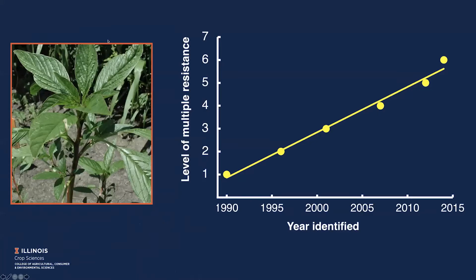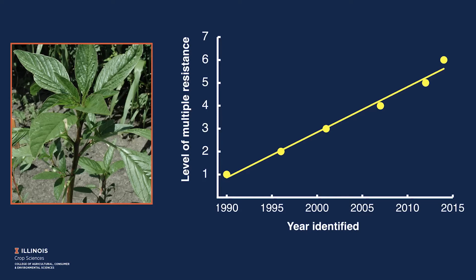So for those of you that are familiar with the species, you don't need to see a photo of it again, but if you're not, this photo on the left shows you what waterhemp looks like. And the graph on the right is one of the examples of the challenges that we have in trying to manage waterhemp. Specifically, this graph is illustrating the increasing amount of stacking of multiple resistance that